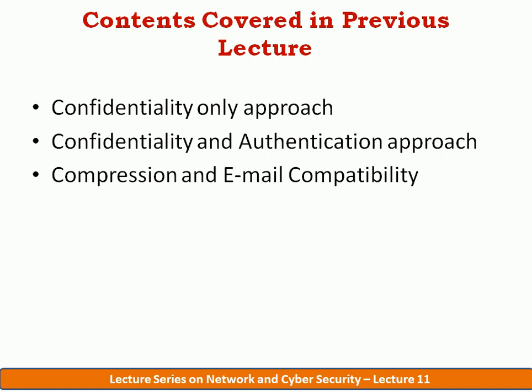PGP provides compatibility with different operating system platforms, in different industries and for personal use also. That's why PGP is more popular nowadays compared to other standards. All these we discussed using diagrams and figures, and we also saw how the PGP operates by combining all these four services. PGP mainly provides four different services for email security: one is the authentication only service, second is the confidentiality and authentication, third is the compression, and fourth is the compatibility.